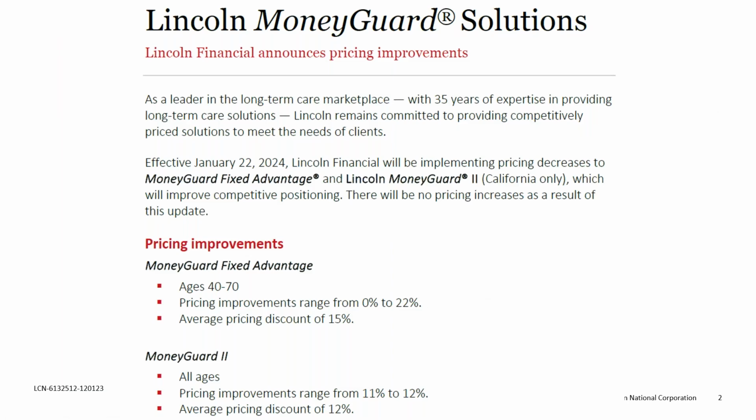Obviously, really great on the asset identifier. I love that piece so much too. There's a reason why we use it, and you outlined it very well. But what I would like to do is go through our most recent price improvement to MoneyGuard. This was effective January 22nd of 2024, and we implemented this improvement to our MoneyGuard Fixed Advantage and